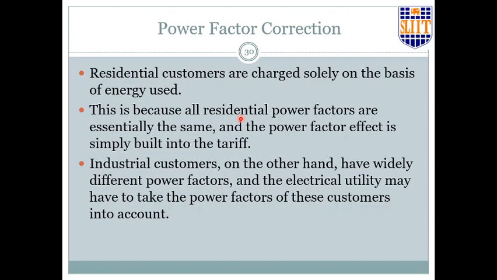Industry, they measure the real power rather than the apparent power, and charge for the apparent power instead of the real power. So in that case, the industrial customer would be charged for the total amount of power that is consumed, not only for the real power. That is only one side. Therefore they expect the industrial customers to reduce the power factor, or improve the power factor, reduce the inductiveness